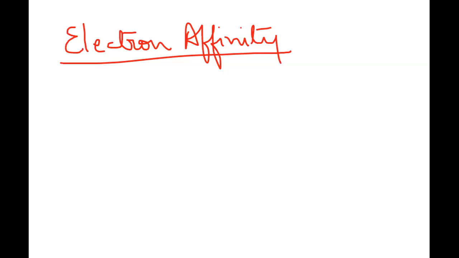When you go across the period, what happens to the electron affinity values? When you go across the period, the electron affinity values also increase. All right. For the simple reason, because the electron affinity is a measure of how much the atom wants the electrons. The more it wants the electrons, the more it is going to release energy and accept the electrons. Otherwise, also you can imagine if this is the nucleus, and the electron is here, the closer it has to come to the nucleus, the more amount of energy it has to give out.